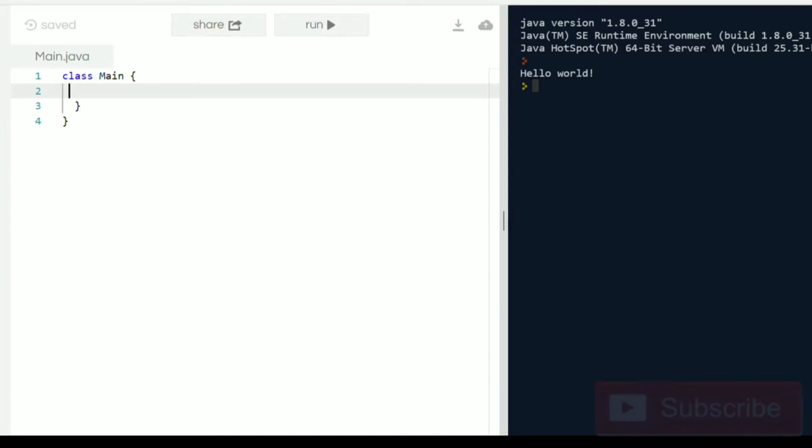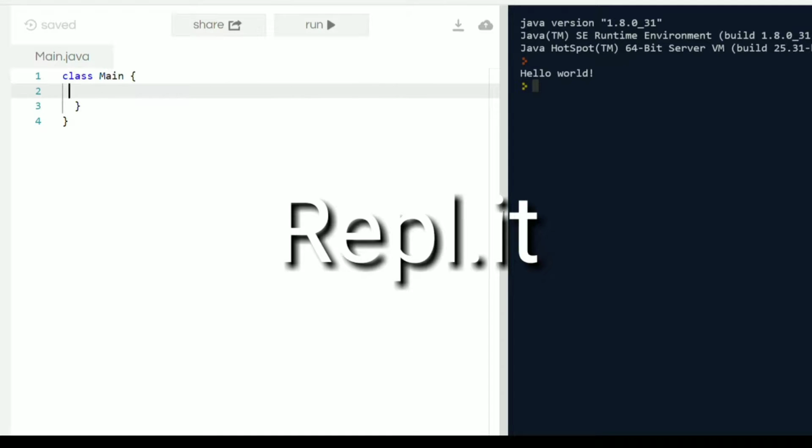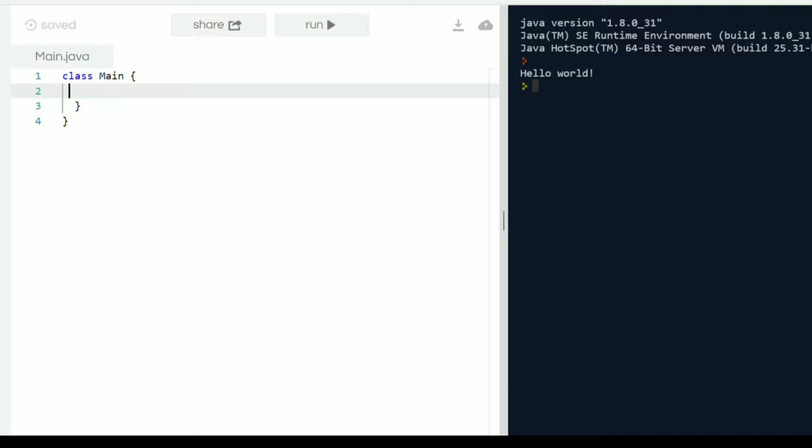So for you guys that are new to programming or developing, you have two options. If your computer is not strong enough to handle IntelliJ, you have the option to use REPL, which is repl.it. You can go to that website, make an account, and you can program in various different languages. They've done a lot of updates, so now you're able to save your code automatically. That is something that I had to get used to, because before I used to just close out and